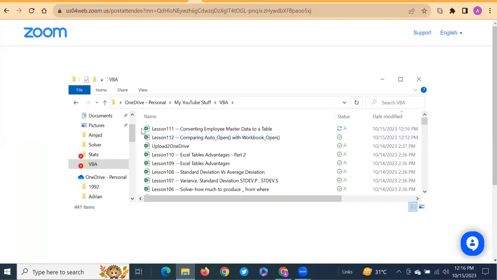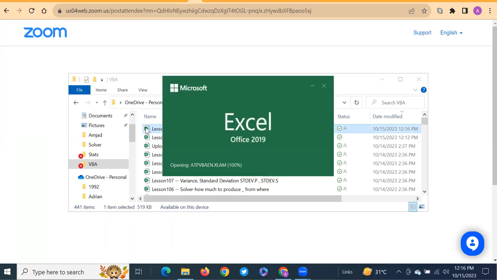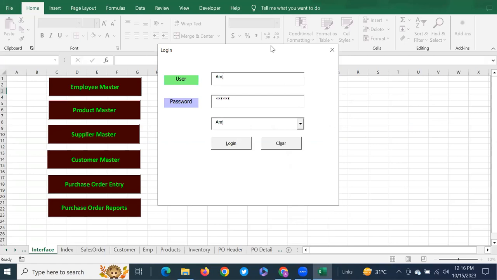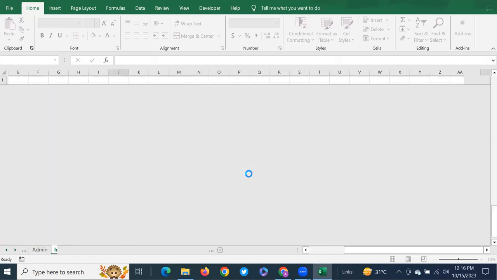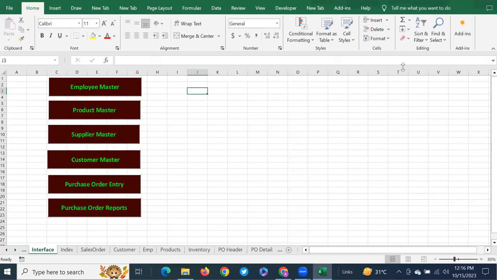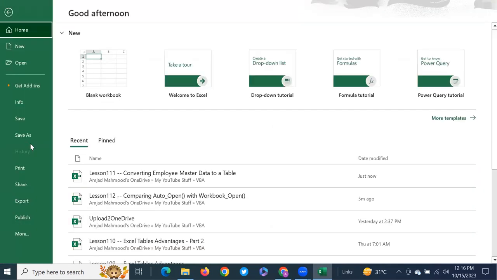Okay, now if we open it and see, the error which was coming, which was causing problems for us, is gone. It will smoothly open the file without any error, and it will take you to the login prompt, right? So we log in. So this is our previous session's workbook. Fair enough. So let's do one more so that